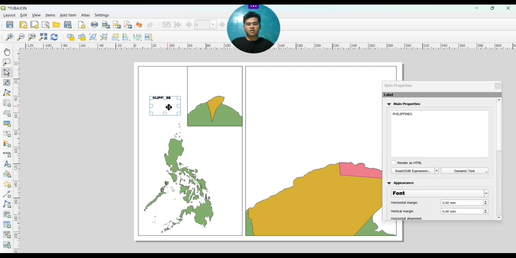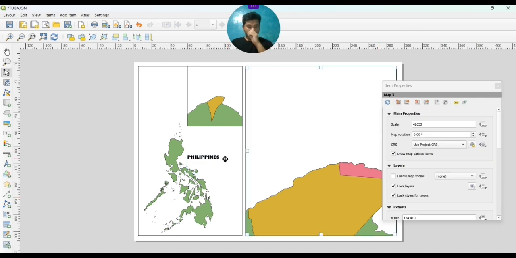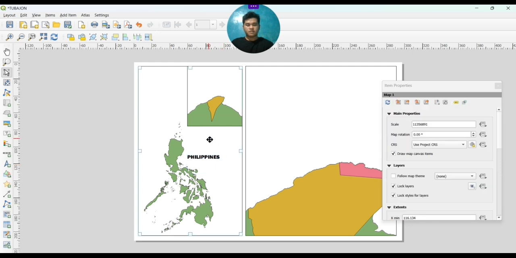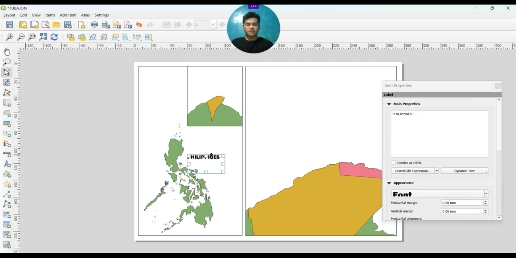I want to place it in the center, so I will move the box and go back to the properties, then adjust that one thing that I taught you earlier, and place it in the center. Okay, that one, I'm done with the Philippines.